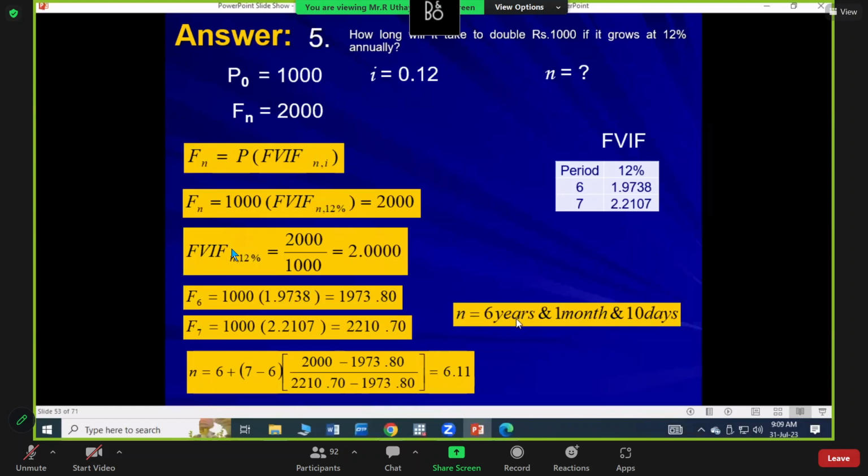So it can be put in formal ways: 6 years, 1 month and 10 days. How can you convert this one? You take 0.11 multiplied by 12. So you can get 1 month. Then you deduct